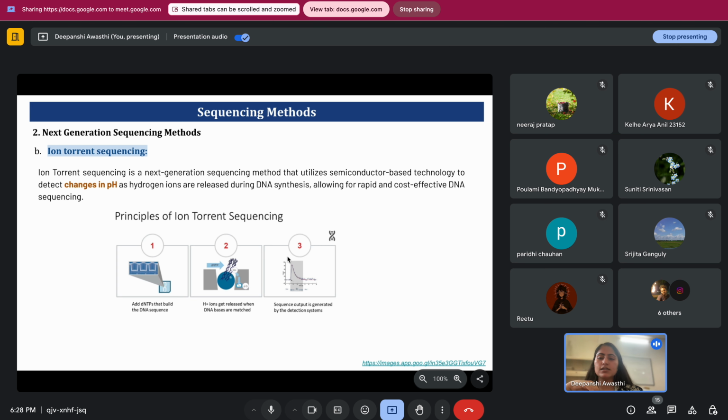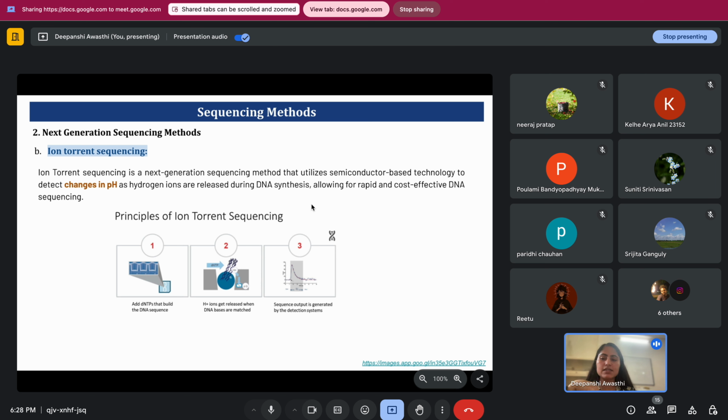So next is the ion torrent sequencing. Ion torrent sequencing is based on the principle of ionic exchange, that is, how the change in pH will tell you which nucleotide is present. In this way you will be able to sequence the nucleotides, because each nucleotide will change the pH by some different or unique extent, due to which you will be able to know which nucleotide